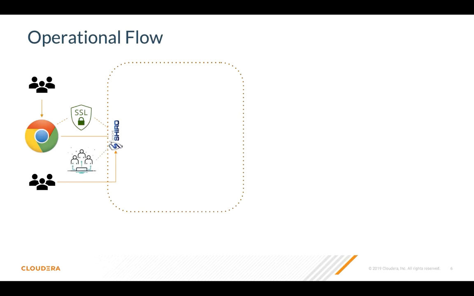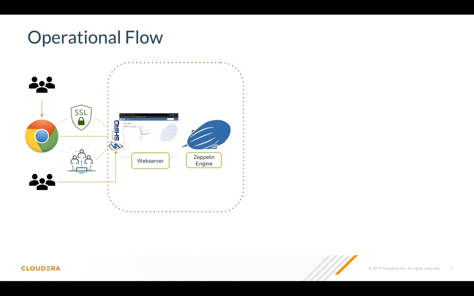So let's say, in this case, Shiro is enabled with LDAP. The user connects through the browser and hits the security framework of Zeppelin, and Shiro validates the user's authenticity against the configured LDAP or AD. Once the user is authenticated, he is able to access the web server UI. He will be launched in the notes homepage. The web server talks to the Zeppelin engine using WebSocket and REST calls. So the Zeppelin engine talks to all the interpreters using thrift calls.